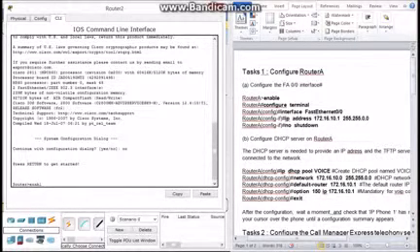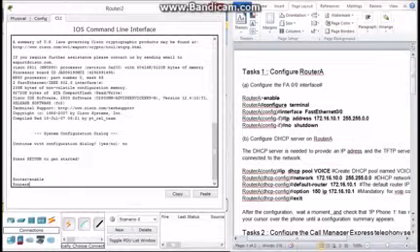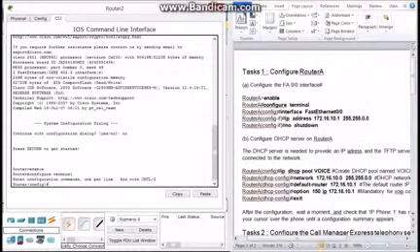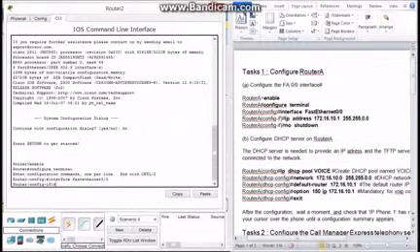So enable, then configure terminal, next interface, fast Ethernet 0/0, IP address